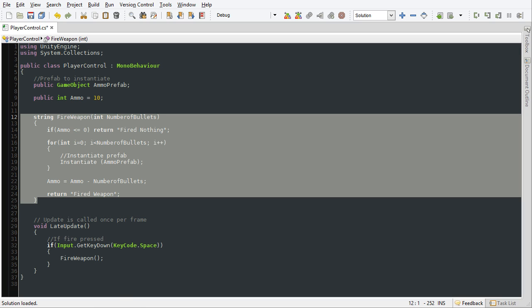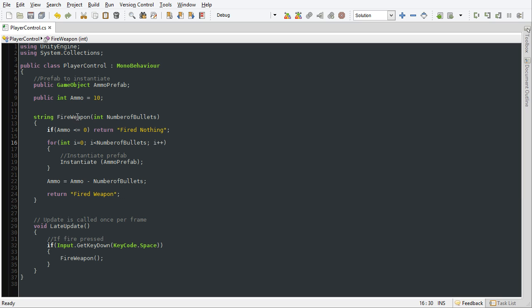So how does this function work? We have our fire weapon function, and there are really three parts to this function declaration which you can see on this line here. We have the return type, which in this case is given as a string, which means a sequence of letters. Then we have the name of the function, which is fire weapon, and then we have the inputs to the function. These are called arguments, and here the argument is the number of bullets,